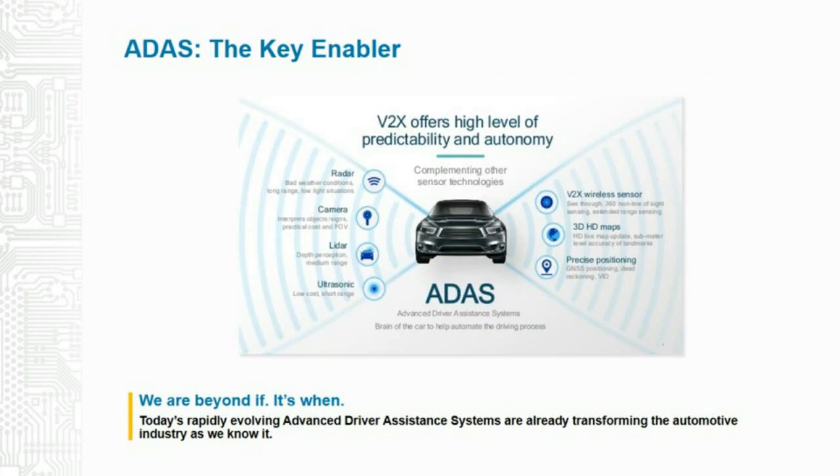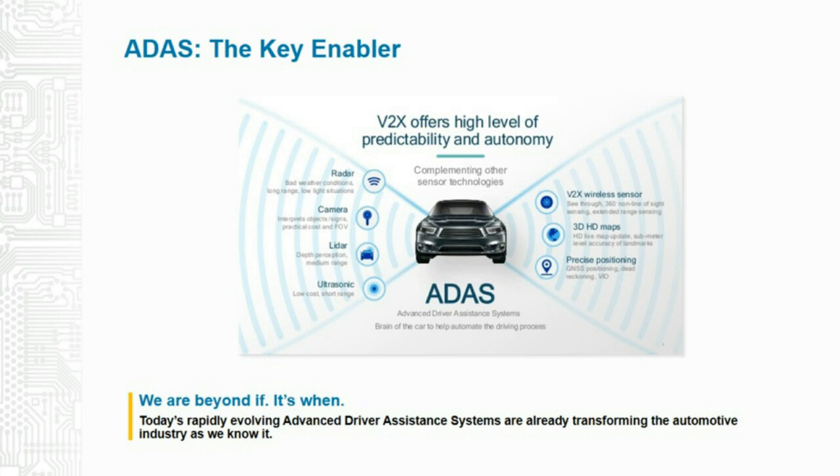Let's now take a look at ADAS as a key enabler. Most cars today come with some sort of ADAS functionality. According to the AAA, at least one ADAS feature was available in 92.7% of new vehicle models in the United States in 2018. Drivers are increasingly counting on these systems to improve their driving, to reduce distraction, help them focus on the road, and enhance road safety. ADAS and automotive driving both depend on extracting this useful information from various sensors.